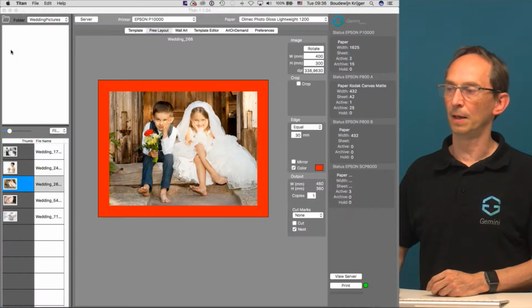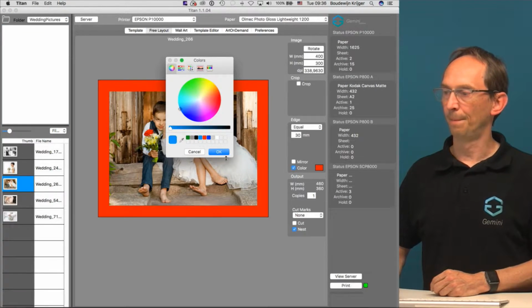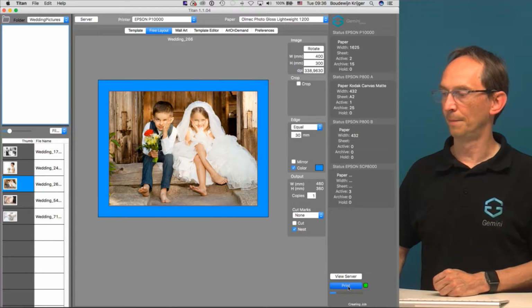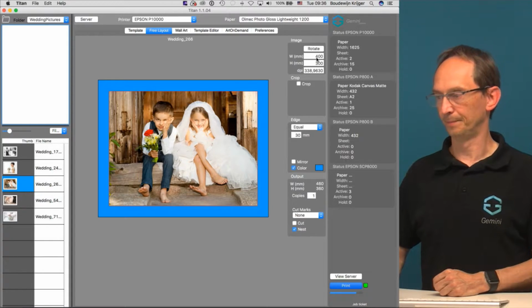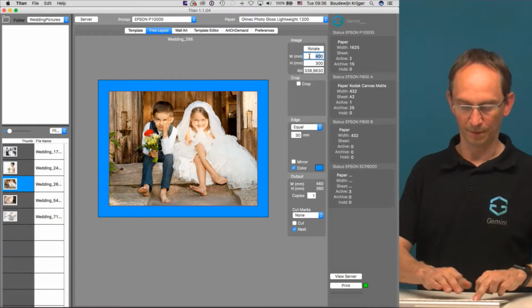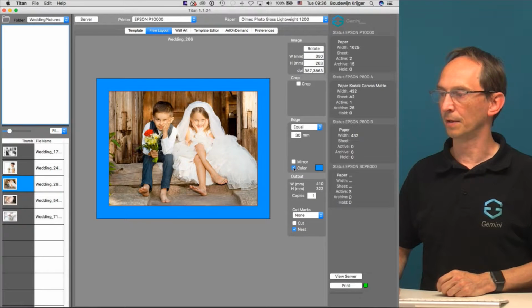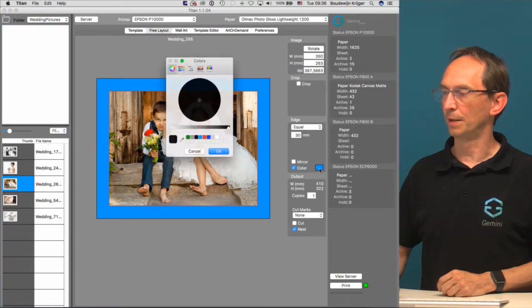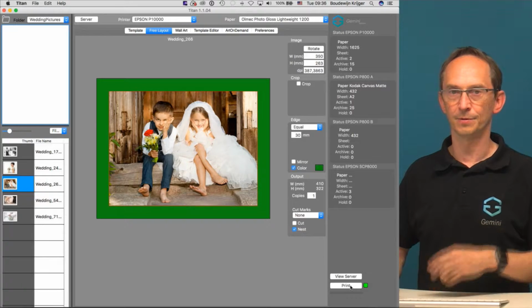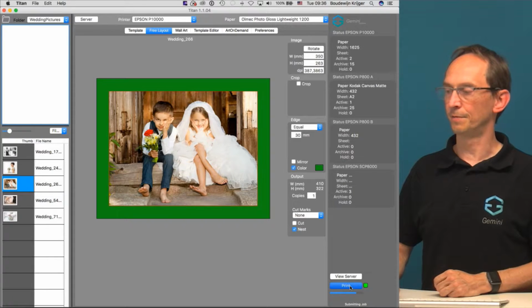So if I go back to my client and I do another one in a different color, so I choose this one will be blue, okay, and I'll print that one, and then I'll combine it with one that is slightly smaller. So let me wait for it to be transmitted, and then I'll do one that's actually 35, and do that again in a different color to see the difference more clearly. We'll do that in green. So you can define any size, any type of picture, as long as it's on the same media. You can nest them together, and you do print, and it's sent over to the server,